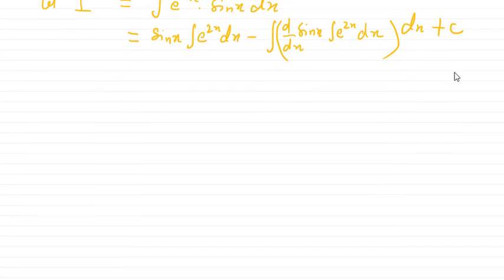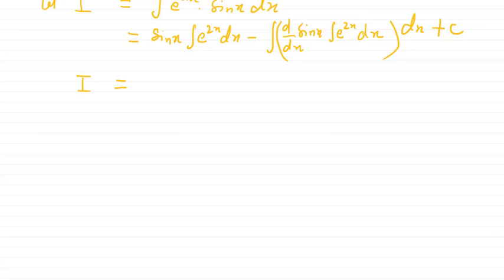So now we will simplify this thing. So here we get I equals to sin x will remain and e to the power 2x will be e to the power 2x divided by 2. Here we'll get e to the power 2x, it will be half e to the power 2x. So I'm just taking the half outside. So we'll get here a differentiation of sin x is cos x, then e to the power 2x by half, I just taken already, by 2. And then we have to integrate this thing and then plus c. And now